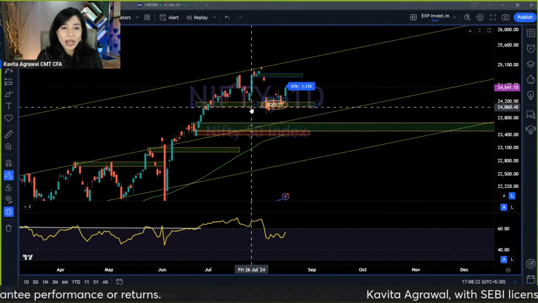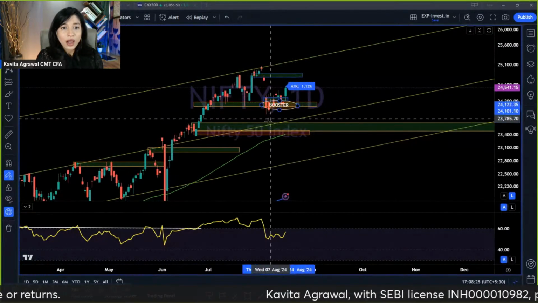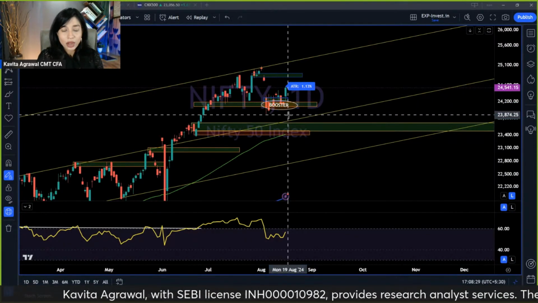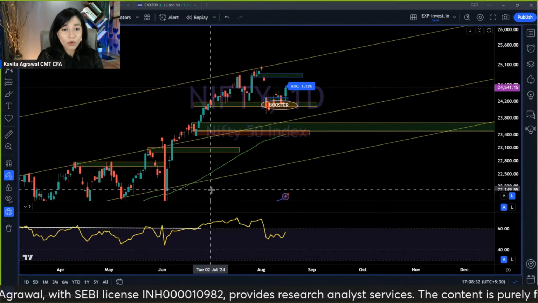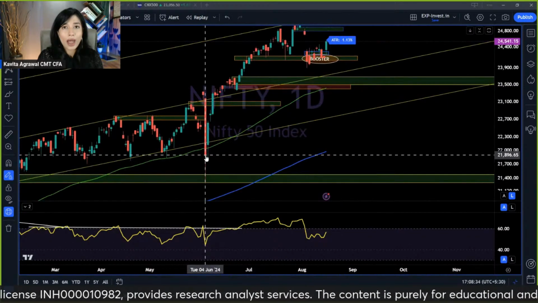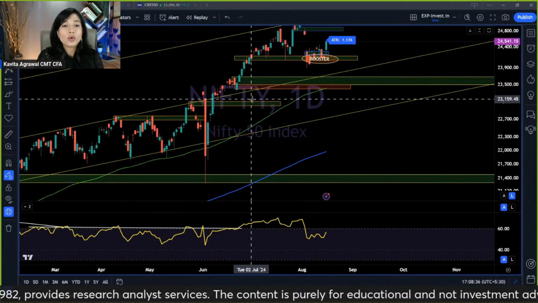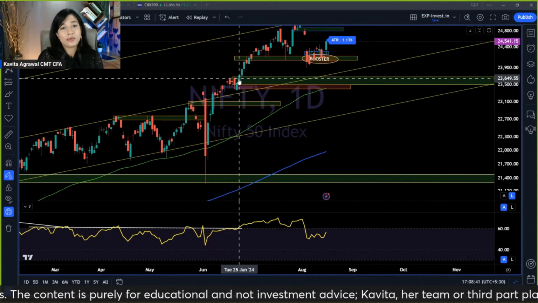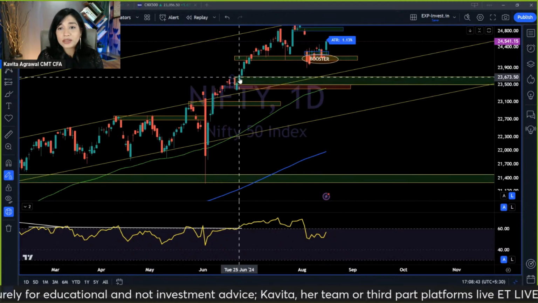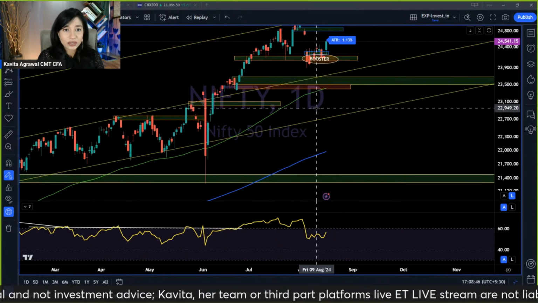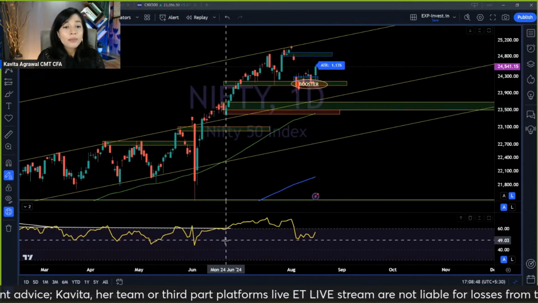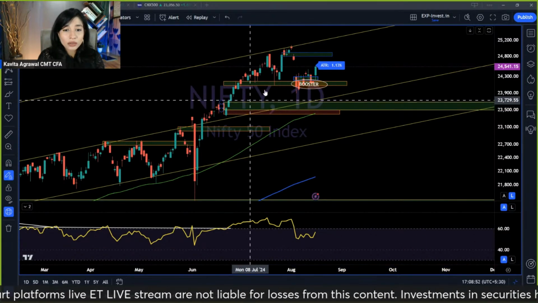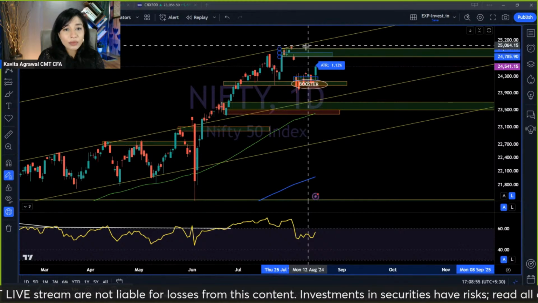Perfect. Now, what do we have next? On the daily time frame, like I was suggesting, the level that the price really needs to break for us to feel any kind of panic is around 23,600 at the least. Why is that? Because before this massive rally started, the momentum peak on the daily time frame is this itself.